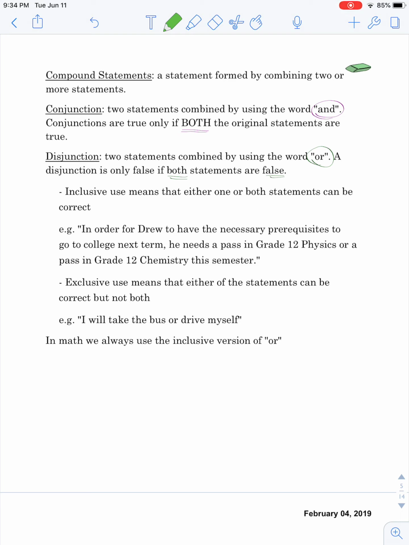When you combine two or more statements, they become compound. Conjunction is when you combine two statements using the word and. Be cautious when you're using and, both conditions must be true. The word and is denoted by this symbol right here. All right? So an example of and would be, for example, to get into nursing, Karishma must get math